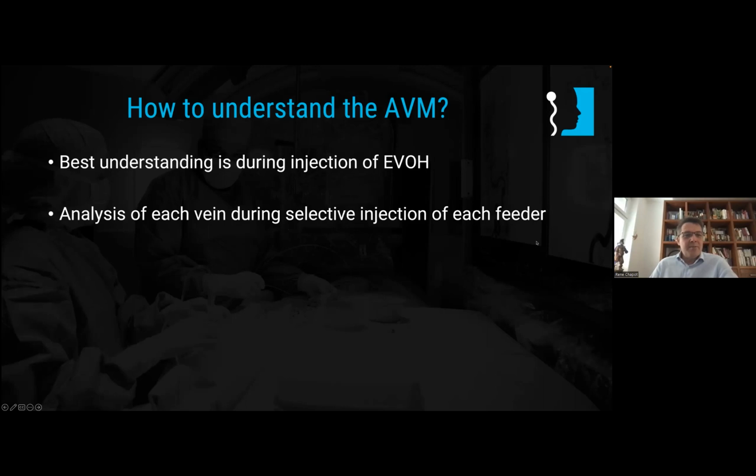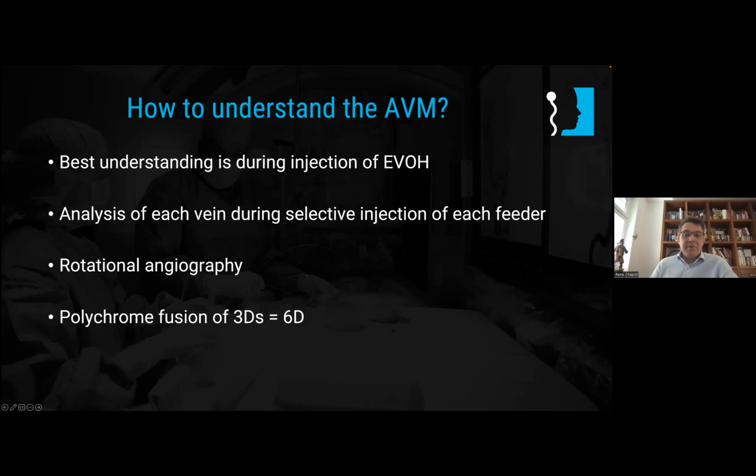And this is something which is not usually done. Usually when you inject each arterial feeder, you just see if you're close to the vein or not. But looking at the vein is also very important. You may add rotational angiography, and then something that we've developed within the last years,